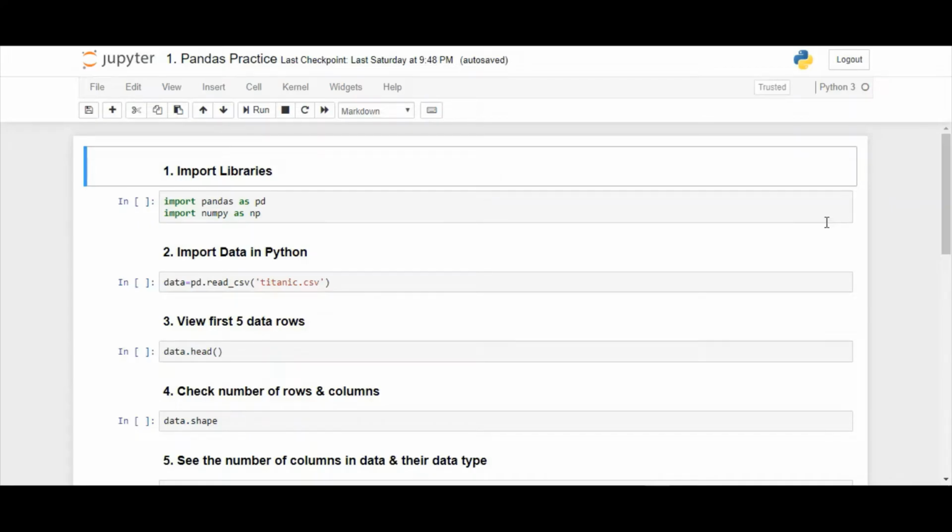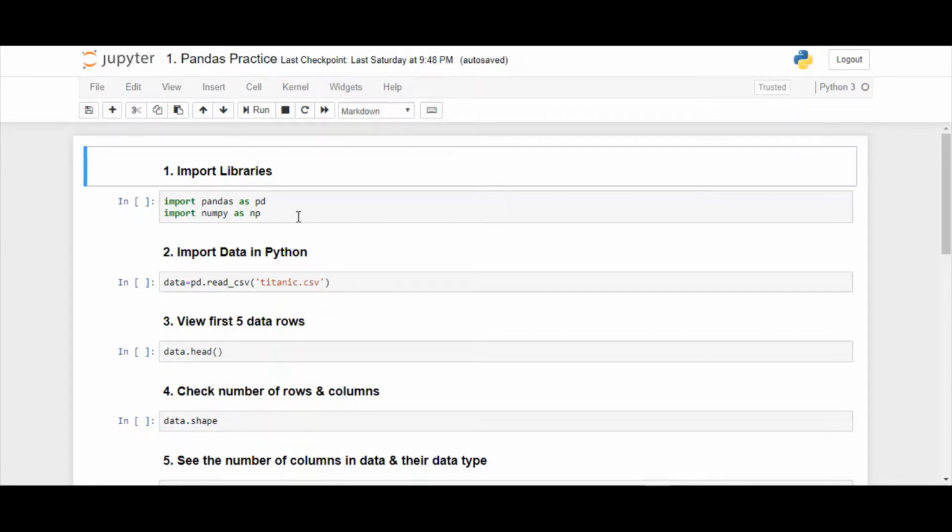In this sheet, we will look at various operations that we can perform using the pandas library. The first and foremost thing that we have to do is import the libraries that we have to use. So here I'm importing pandas and NumPy. The line import pandas as pd tells Python that I want to use the pandas library. By using as pd, I am nicknaming pandas as pd. Wherever in my code you encounter pd, it means pandas. It saves my time as it will be difficult for me to type pandas each time.